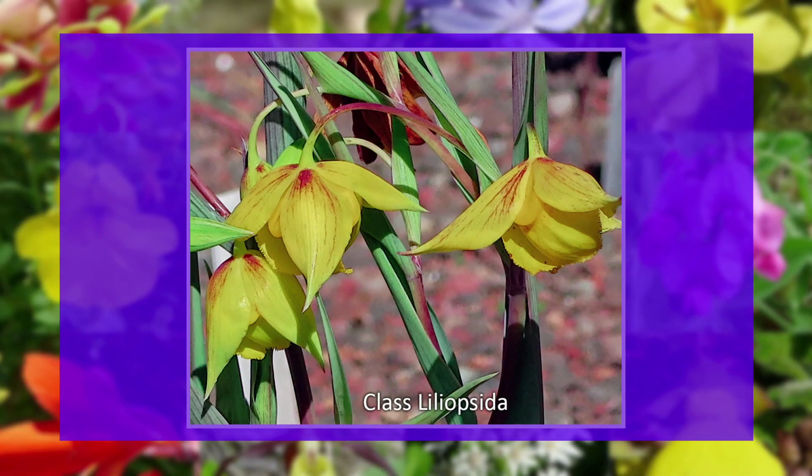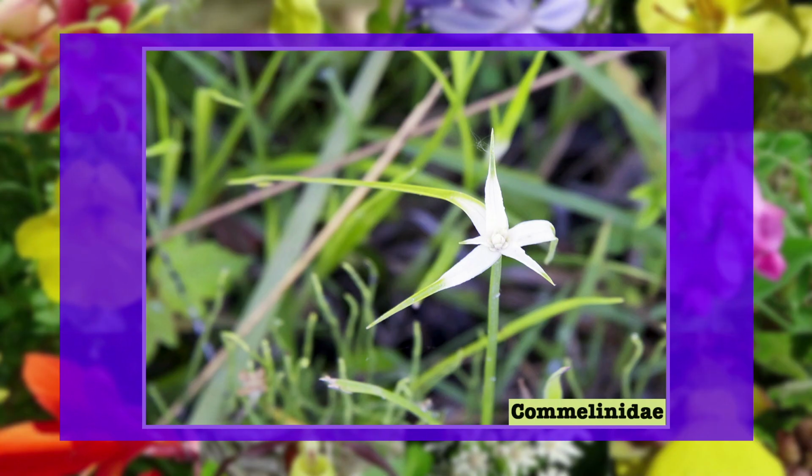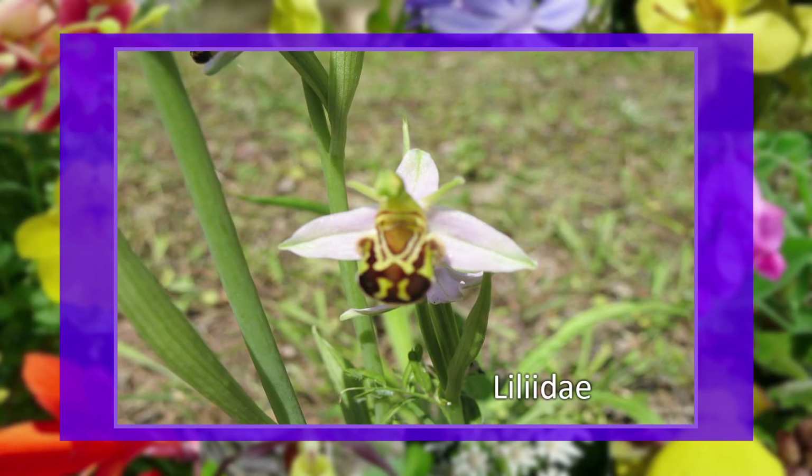In the class Liliopsida, the Alismatidae chiefly includes the aquatic members, whereas the other subclasses include those families which typically have large, often petiolate leaves and are usually either arborescent or have flowers crowded into a spadix. The families under Commelinidae are characterized by flower reduction and are mostly wind pollinated. The Liliidae includes the insect pollinated members.